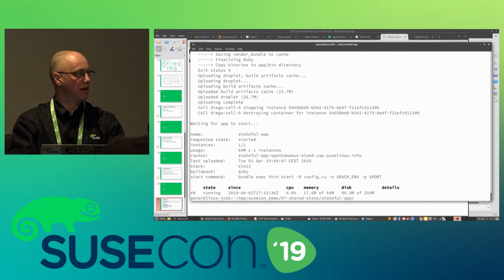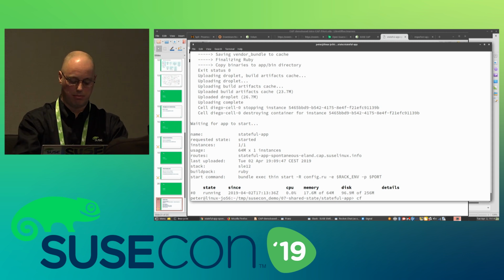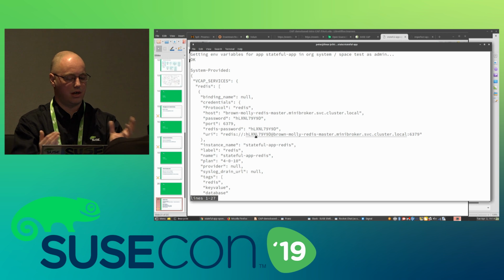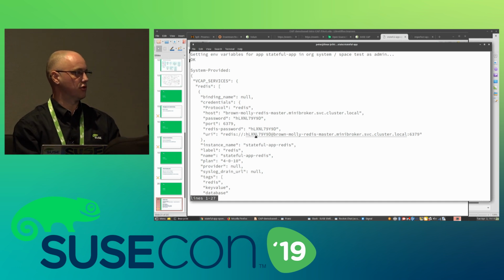And how is this done in the backend? It's quite simple. It's just environment variables that are shared between these two, the service and the application itself. So if you run cf env stateful app, you can see that it has a couple of environment variables and tells how to connect to the Redis database. So this is shared between them and set up when I run the cf commands. That's also a very cool feature, that you do not need to share passwords and have functionality for that, because that is taken care of by Cloud Foundry.